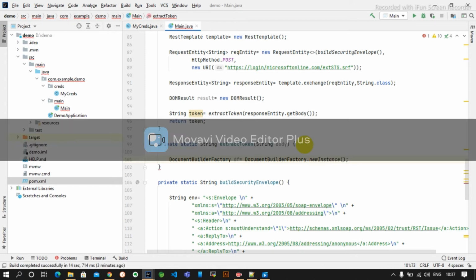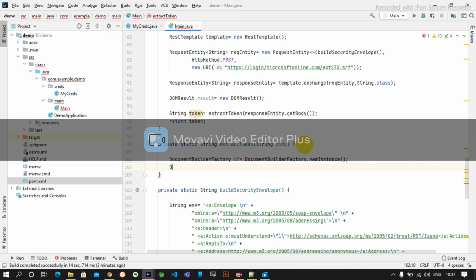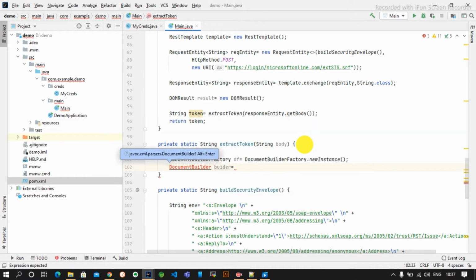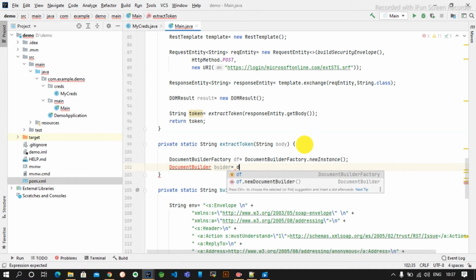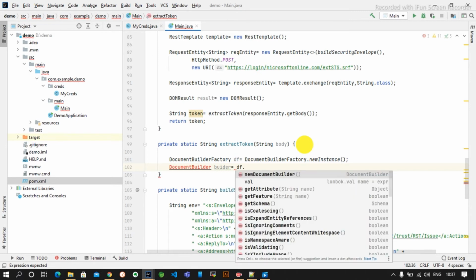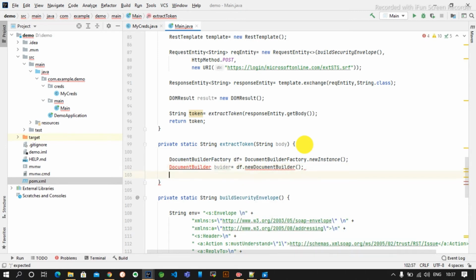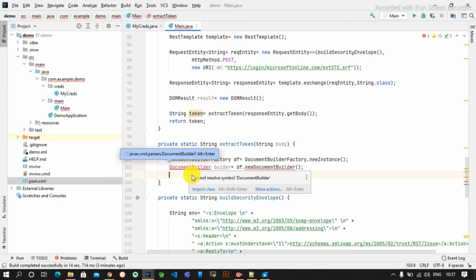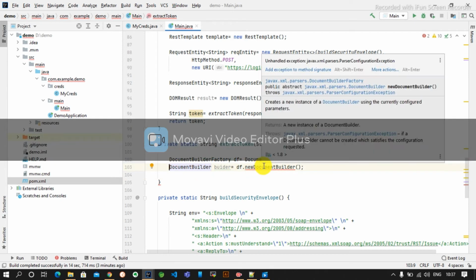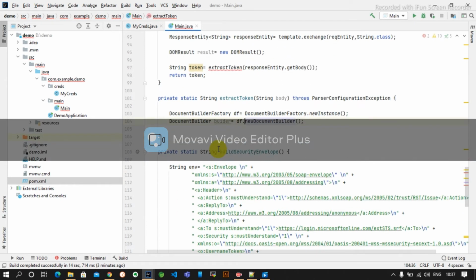Get was not coming. Then document builder is equal to df dot new document builder. Okay, it is saying to import. We will import the class. It is throwing an exception, we will throw the exception.